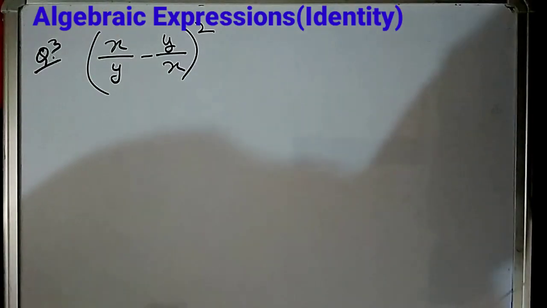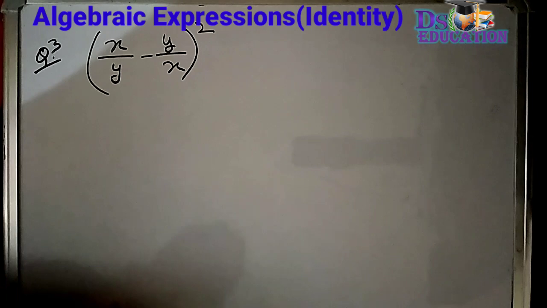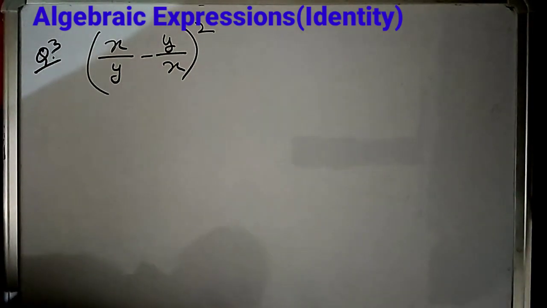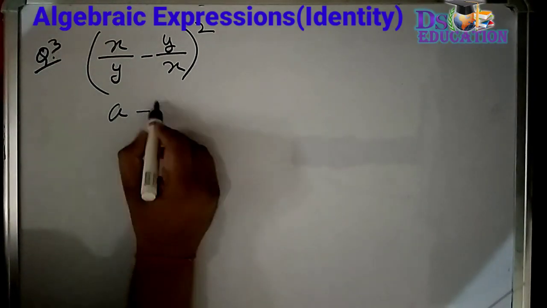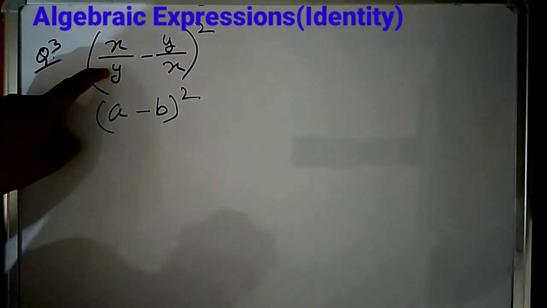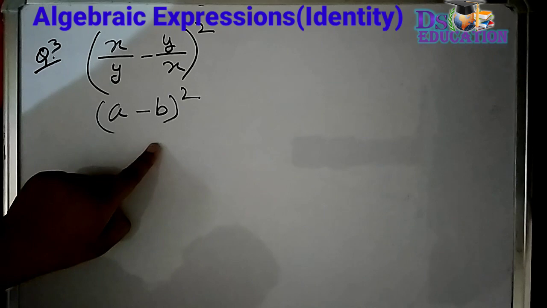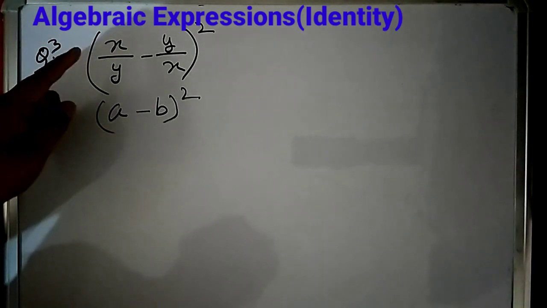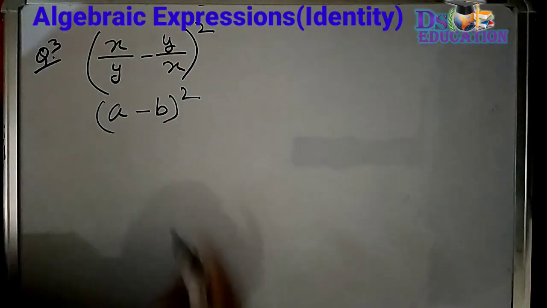Now the third question. In this they have given the fractional value. No problem, we have to take the fractional value in place of the formula terms we are using. Again we are applying the formula here, (a - b) whole square. See, if x and y are given in the question, we will write a and b in the formula, and if a, b and c are given in the question, we will change the formula to x and y. This you should remember.